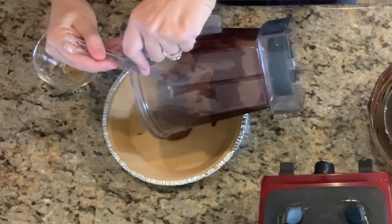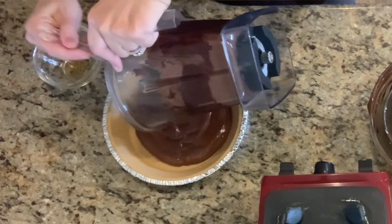You can also take graham cracker cookies, crumble them up, mix them with a little melted vegan butter, and you can make your own. But for convenience, I bought the Keebler brand. So I am just gonna pour this in here